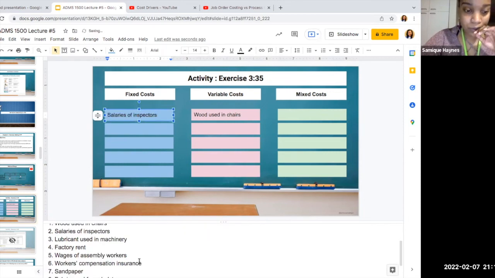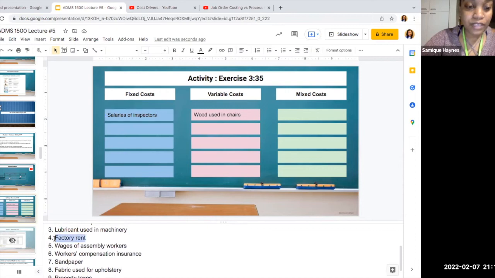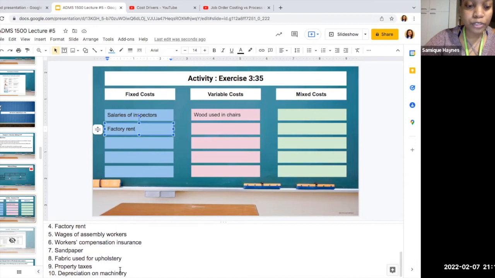Right, another one here is factory rent. Is that fixed or variable? What about depreciation on machinery? Does it matter how much we produce? Or property taxes? Will that be fixed or variable? Fixed, okay. All right, so that just gives us an idea of fixed and variable, understanding that it's if we